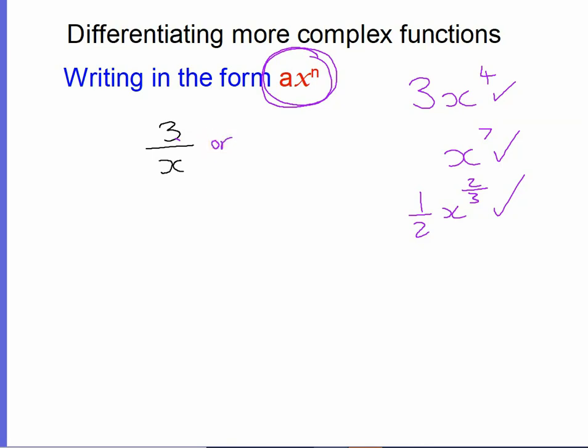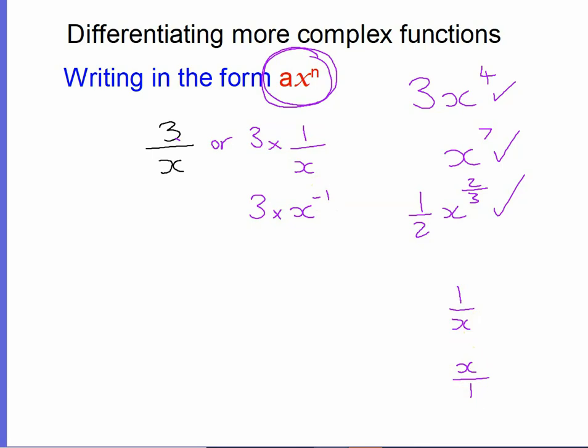So what I want you to be able to realize is when you look at that, this is the same as 3 times 1 over x. That would give me exactly the same answer. Now 1 over x is actually the same as x to the minus 1. Now, like I just said, I'm not going to explain necessarily why that works, but what's actually happening, if I flip this over,